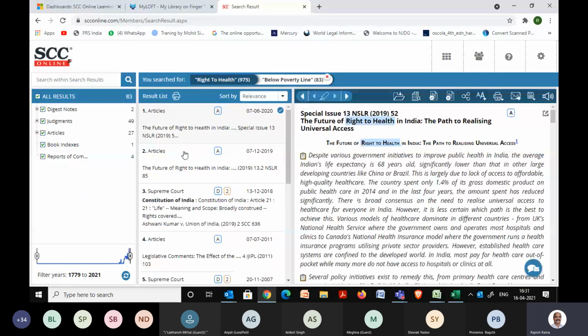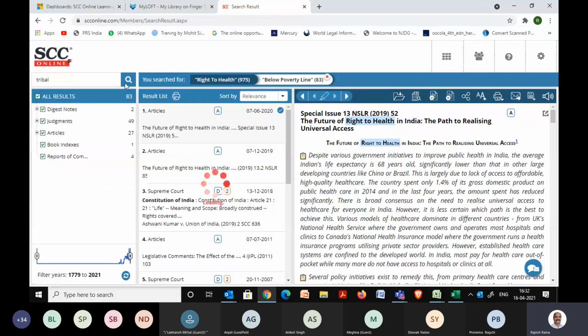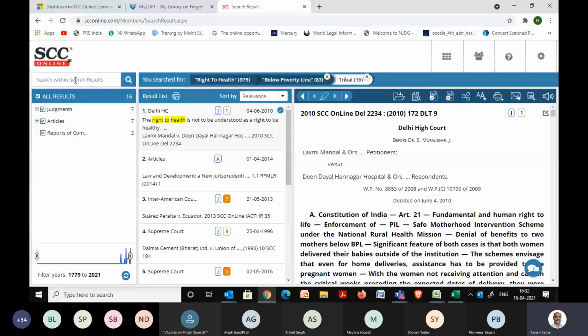Then while I get these results, I again want another filtering to be done, right? So maybe looking for some tribal area or tribal community. So I can click on that. Similarly, at any point of time, if you want to do some changes in a query in these step by step that I'm performing right now, say suppose step number 2, I want to modify. So I need not re-enter the entire query in 3 steps.